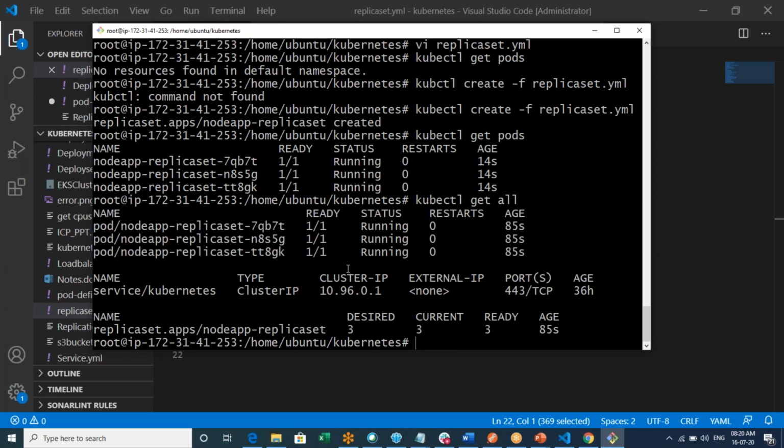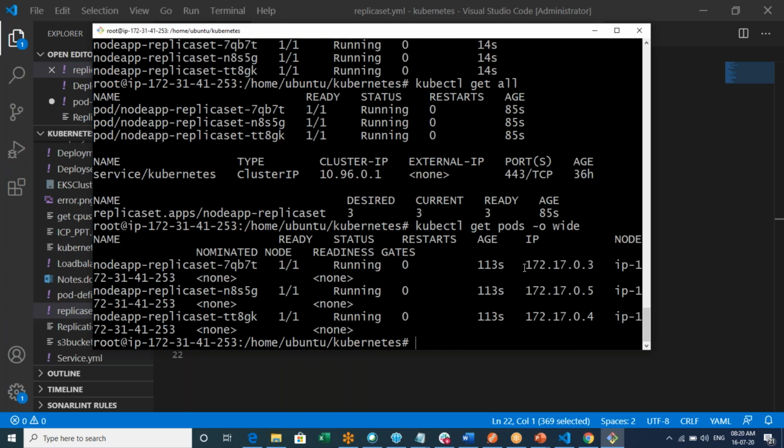And you can definitely verify by using -o wide. So now there are 3 different IP addresses. And the node will be the same anyway, because we are using Minikube and we are trying to run on the same node.